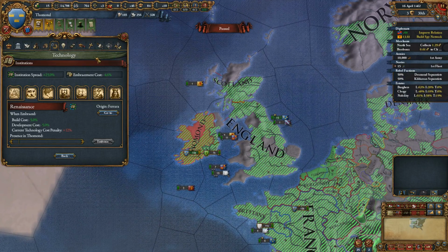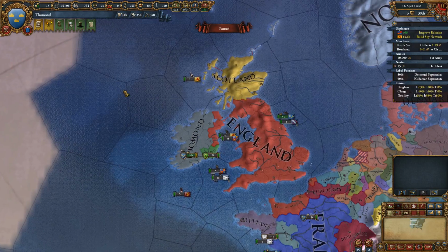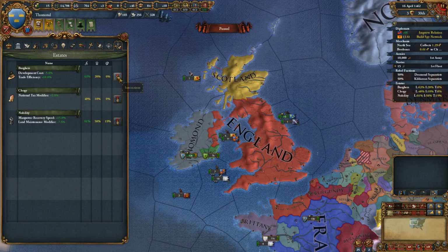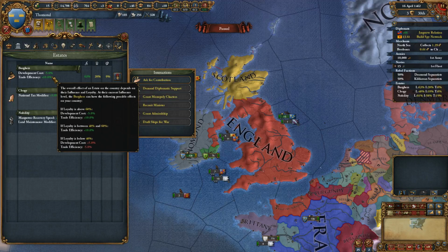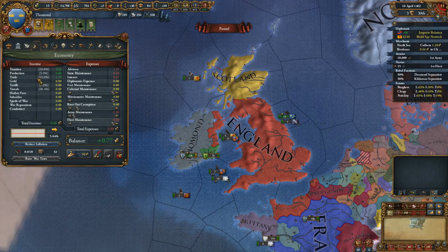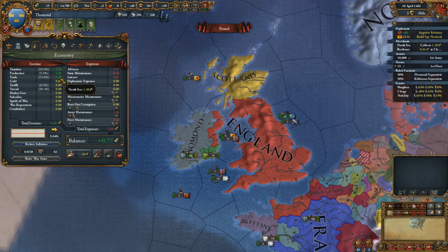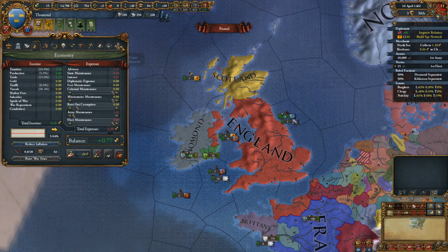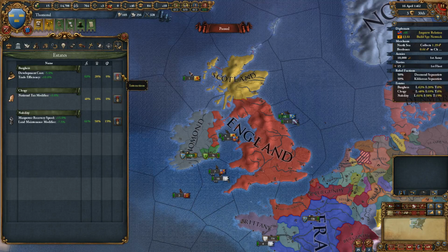So I don't think it's worth spending a bunch of monarch points in our country, so we could just get a bit of money from the burghers, I guess. Ask for a contribution. Although we would lose our trade efficiency. That really matters. It's about 0.1 decade per month, which makes this about 1,000 months worth of